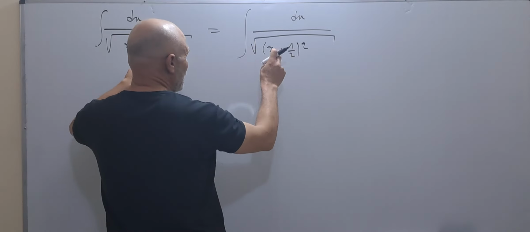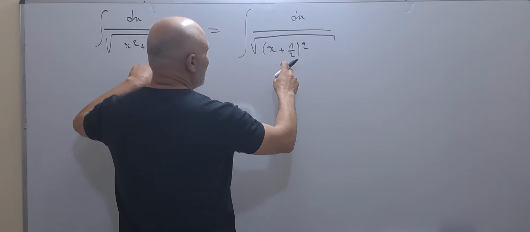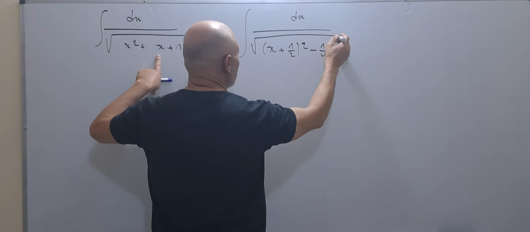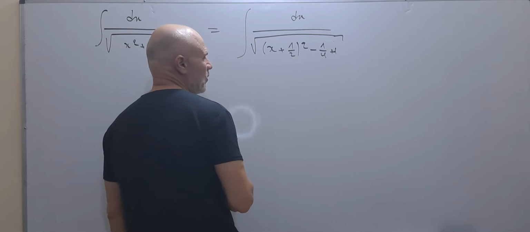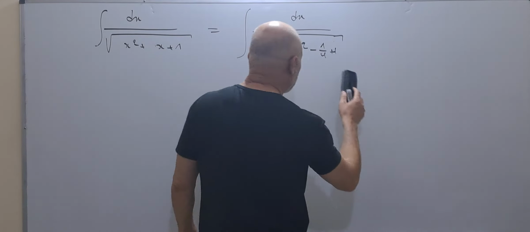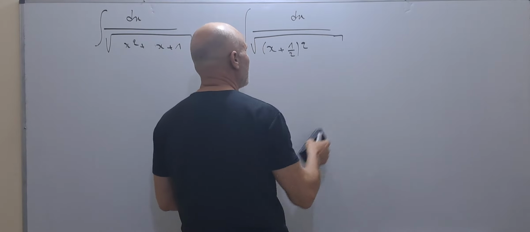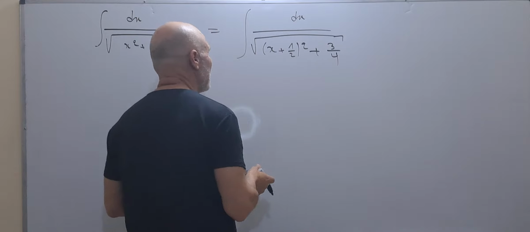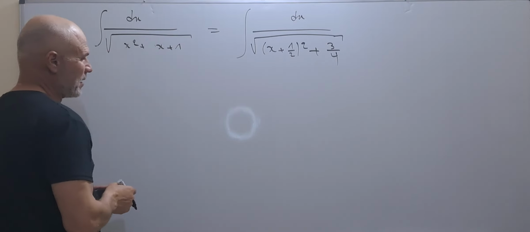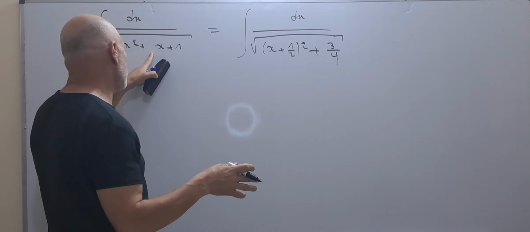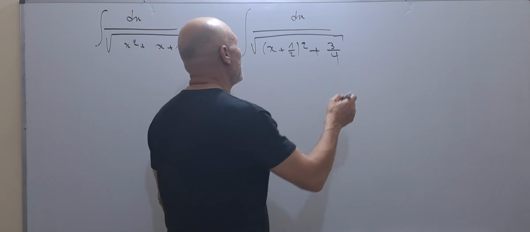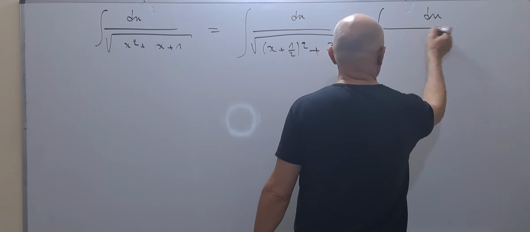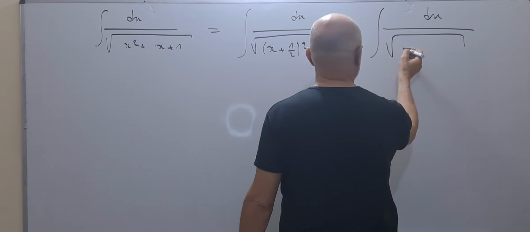So here we have x squared plus x plus 1 over 4, so minus 1 over 4 plus 1. And minus 1 over 4 plus 1 can be written as 3 over 4, so plus 3 over 4. Here we are in the case when delta is negative, 1 squared minus 4 is negative,